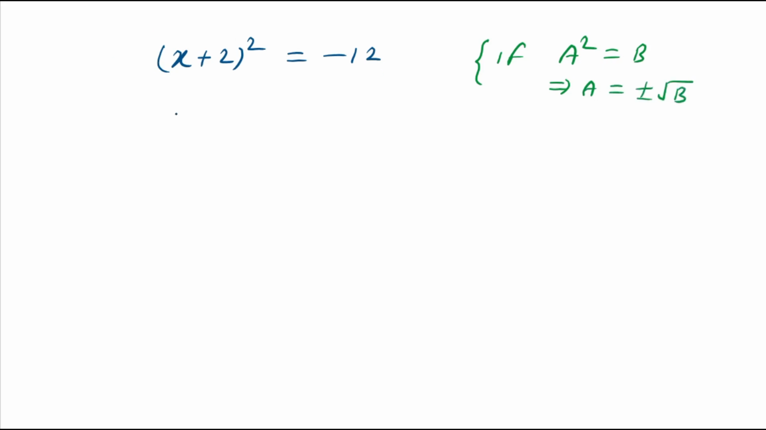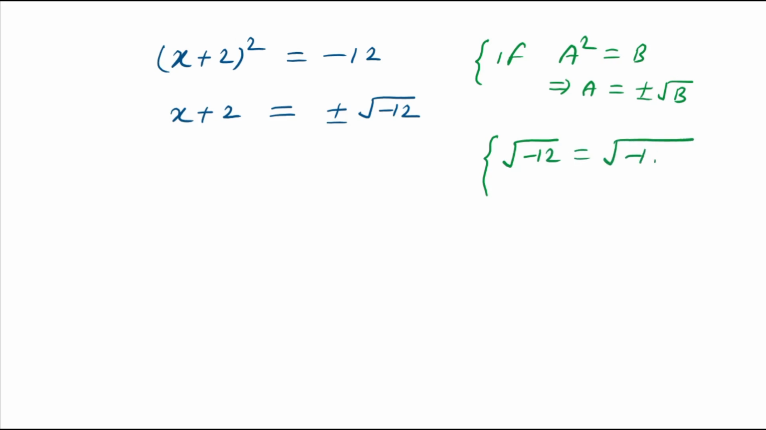If we apply this rule here, then you can say x plus 2 is equals to plus minus square root of minus 12. Now look carefully, on the right hand side we have the expression square root of minus 12, and this is the same as square root of minus 1 into 12, and this expression is the same as square root of minus 1 times square root of 12. Now square root of minus 1 is iota, and here square root of 12 is the same as square root of 4 times 3,